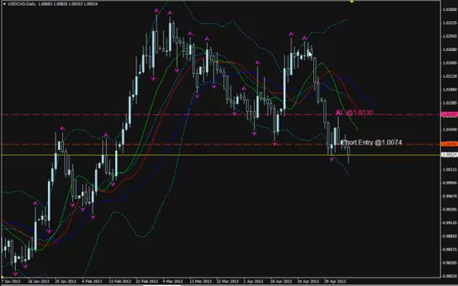For the fractal to be formed, we need to have 5 candlesticks, 2 before it, 1 in the middle, because the fractal represents a swing high or a swing low, and 2 on the right side. So to see the arrow labeling this fractal, we should be already here or at the open of this candlestick. But because